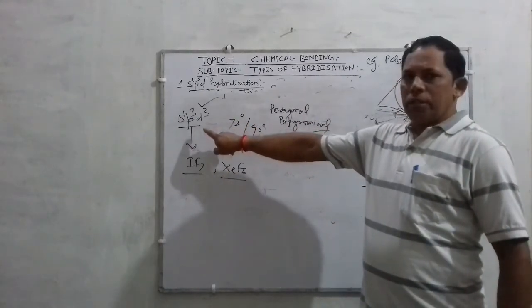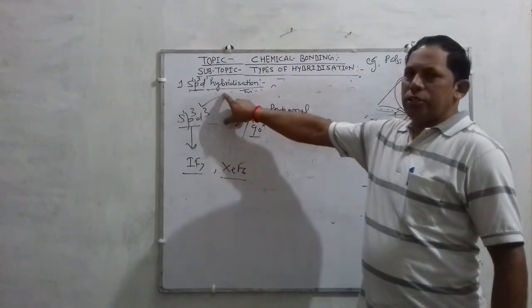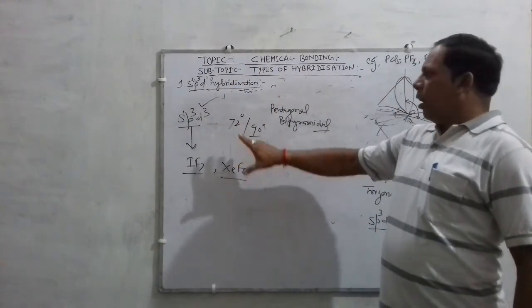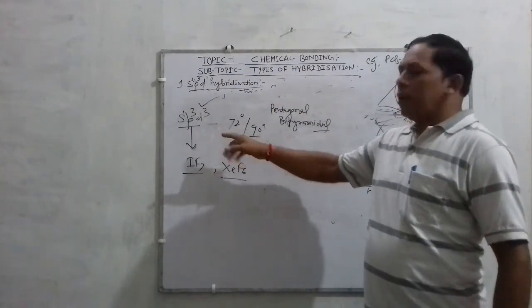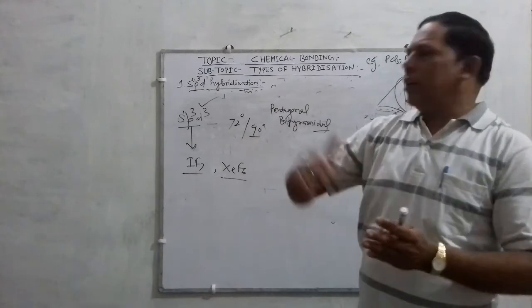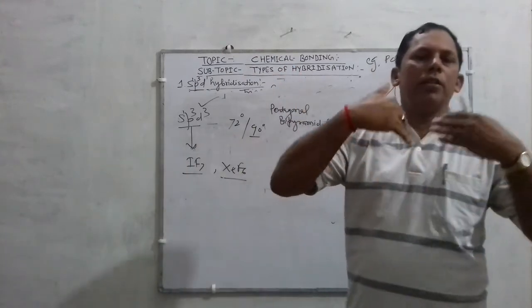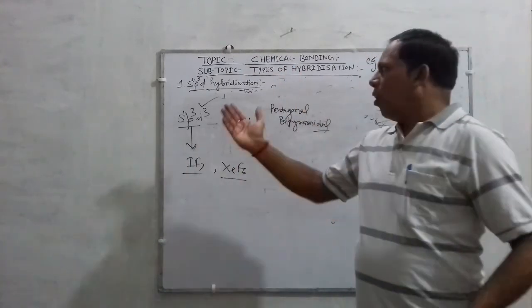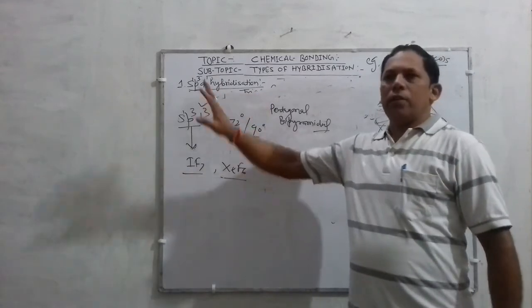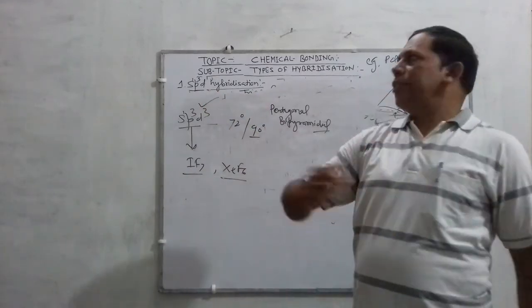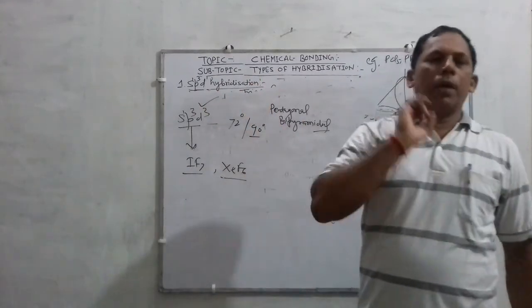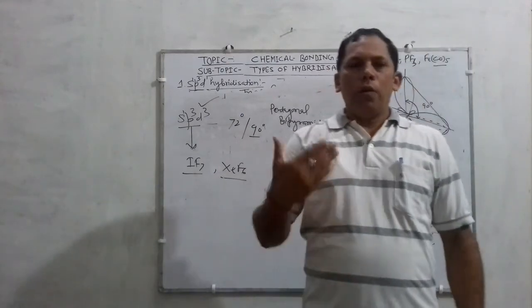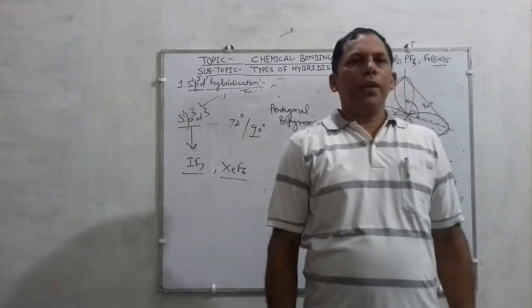So children, you must remember these are the types of hybridization discussed. Among these types, all are important, and you must focus on what the geometry is in a particular hybridization and what bond angle occurs in the different kinds of hybridization. So this is all about types of hybridization. Okay, all the best. Thank you very much.